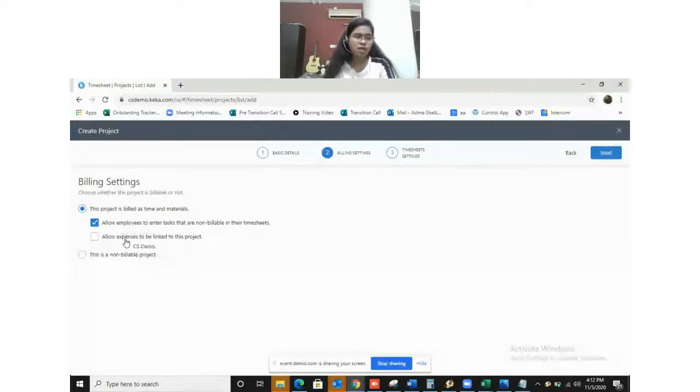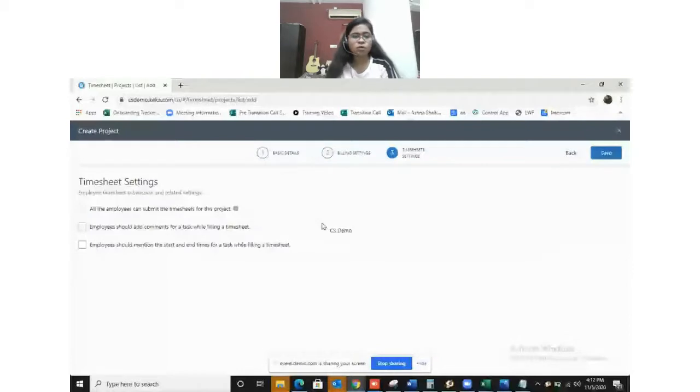in their timesheets. Now, we have one more option of linking this project to the expense. So if any expense has been borne by the employees with regard to this particular project, the same can be enabled so that employees can raise a request for it. Now, once we have defined our billing settings, we can move ahead